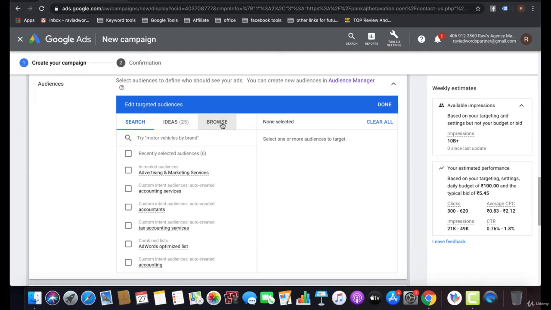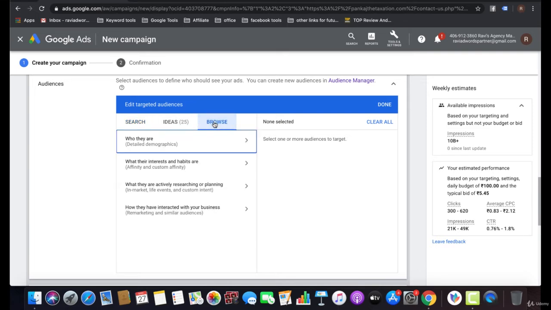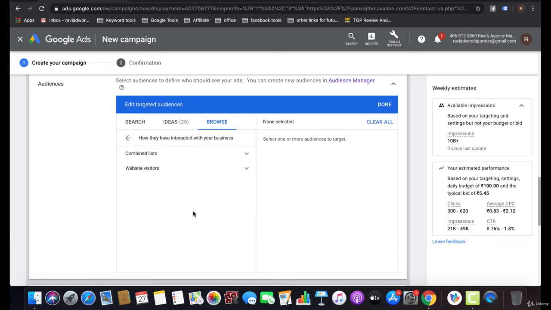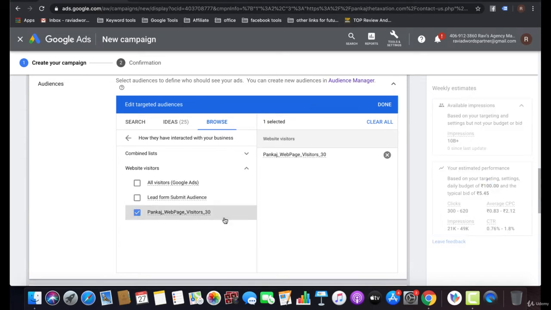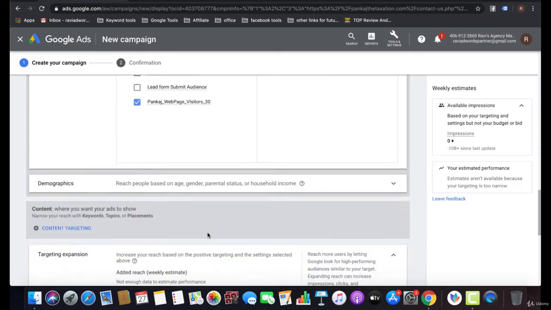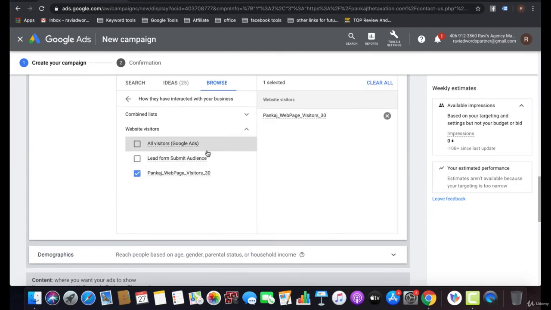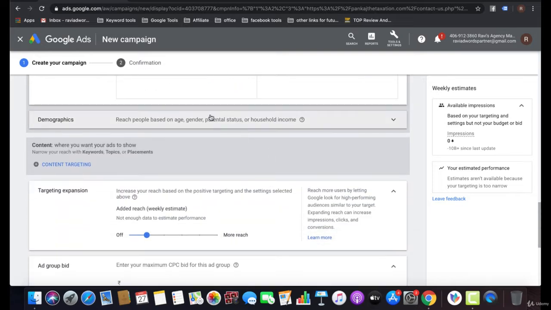Like remarketing, you can do it for those visitors, those lists, which have already visited your website, and I'm going to tell you how you can select that. You need to click on browse, and click on how they have interacted with your business, remarketing and similar audience, and you can create website visitors like web page. That audience list we have all created just now. I'm going to select that. I'm going to target those,